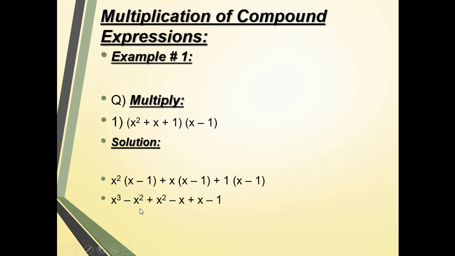In the third step, we see that this x square is with the negative sign and this x square is with the positive sign, and we know that when the values are the same and they have different signs, they will cancel each other. Similarly, these two x's will also cancel each other, and we will be left with only these two values, that is x cube minus 1, and we cannot subtract them because the